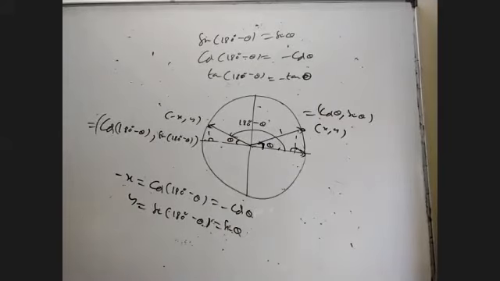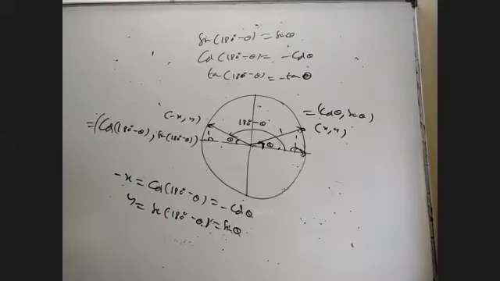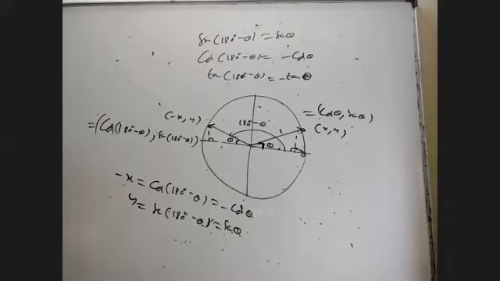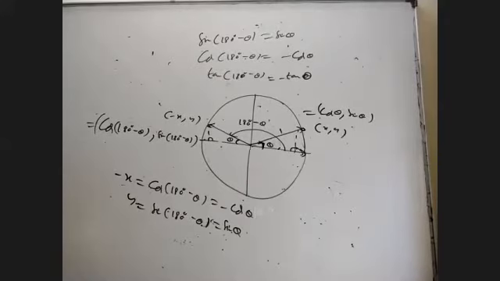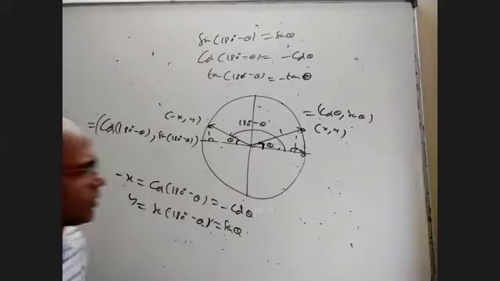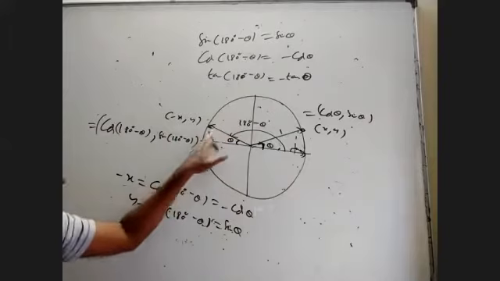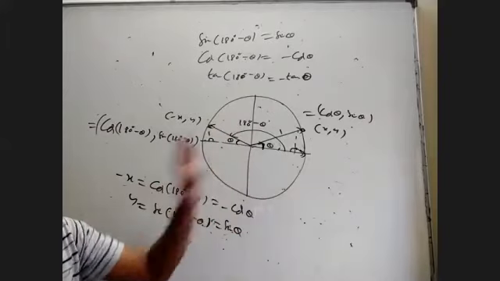Sir, previously you talked about 0 minus theta. Yes, correct. Is that true only as long as it lies in the fourth quadrant, or is it true for all? No, we just took that as an example. It's not that theta has to be here. Even if theta is here, 180 minus theta will come somewhere here, and it's the same formula.